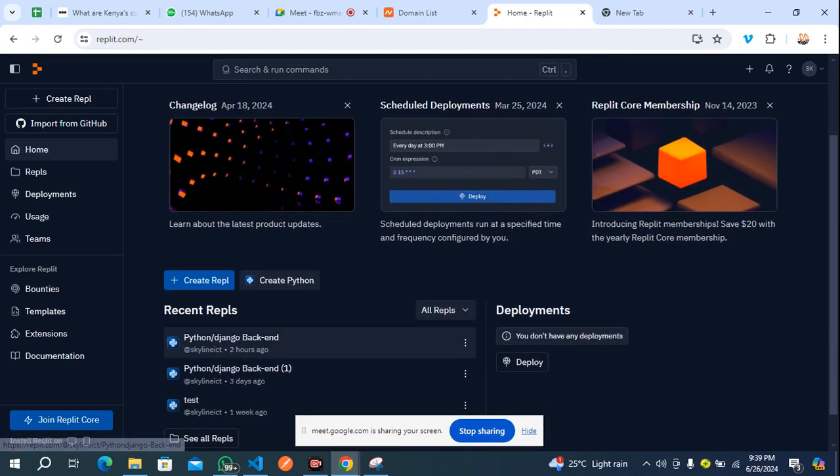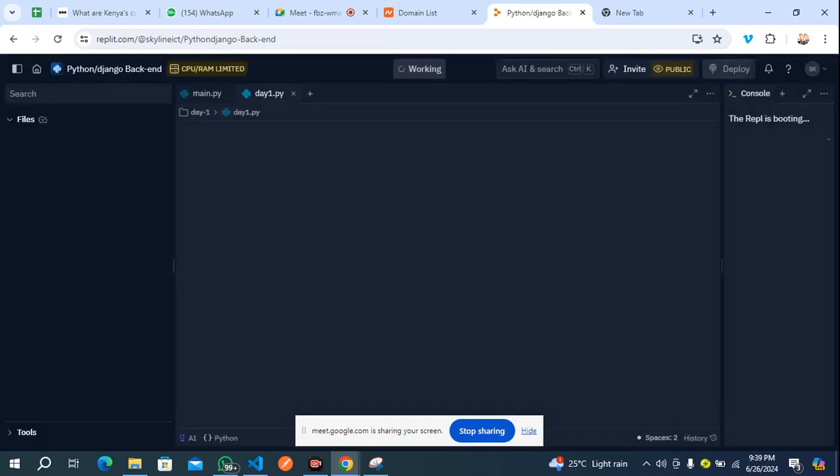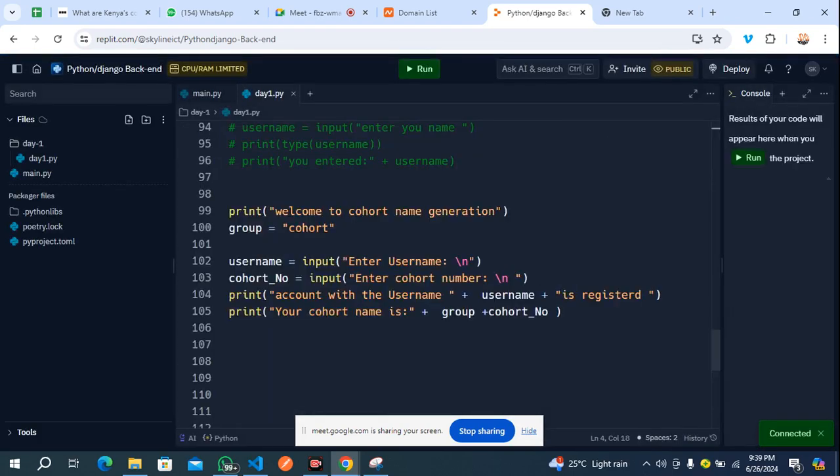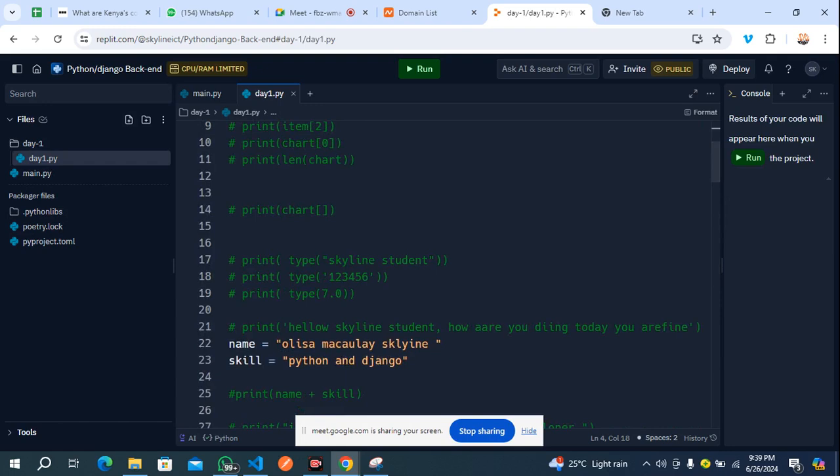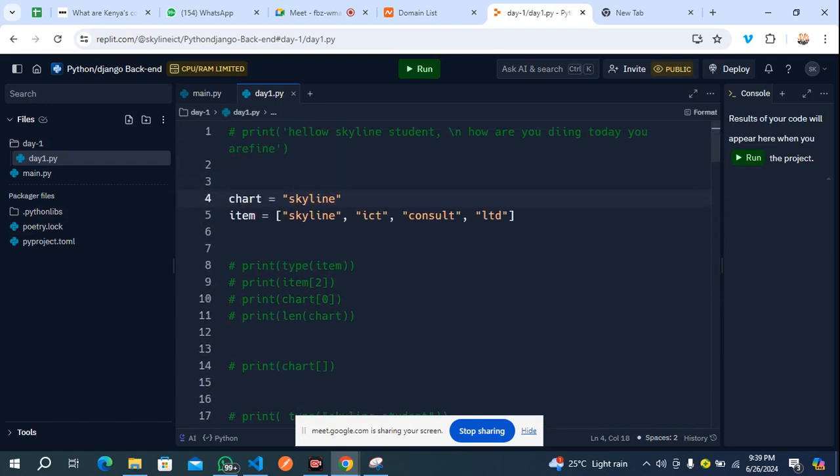And I noticed that in the repo, you can't create any file. You have to follow a pattern, and that pattern is that the file which you are going to be using for your code must be on the primary folder.